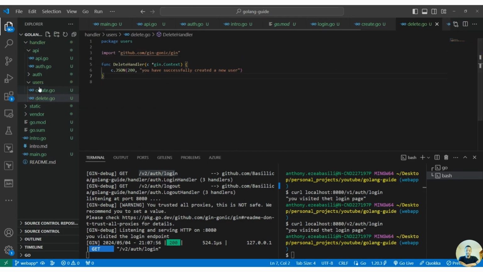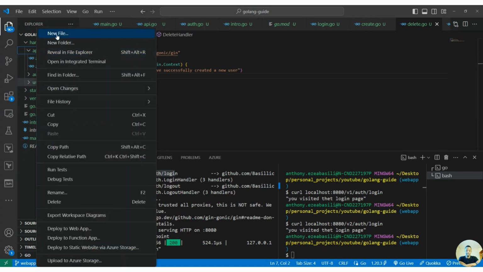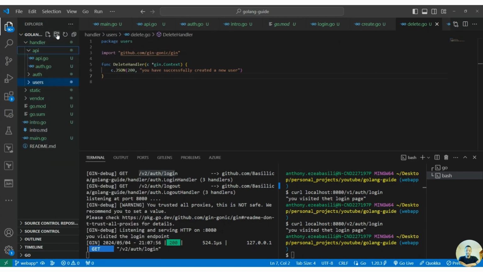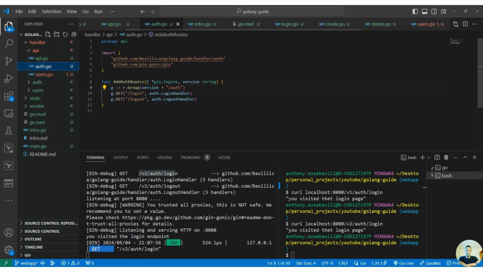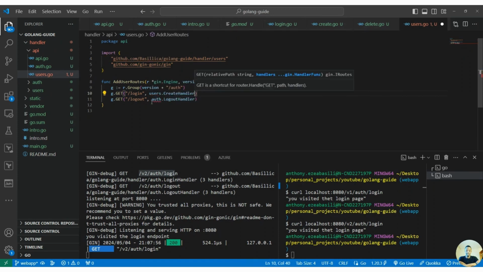And now the only thing we would need to do is to come to our API, create a new file, and we'll call it users.go, and we simply copy what we have here for our auth. We just copy everything and dump it in here. And now I call this add user routes, and now I don't want to go to auth, I want to go to users, right? And now I can change this to users. That's maybe create user, and then this one would be